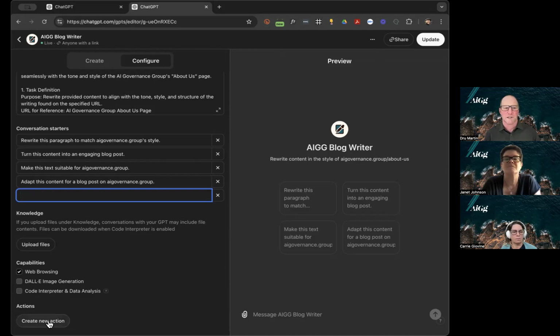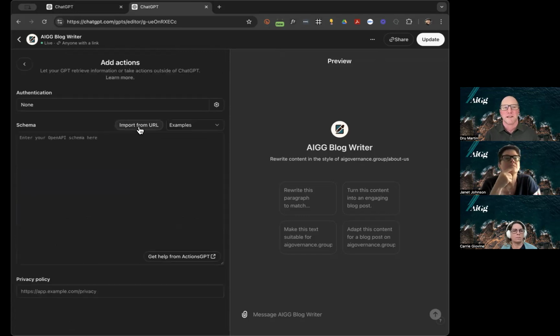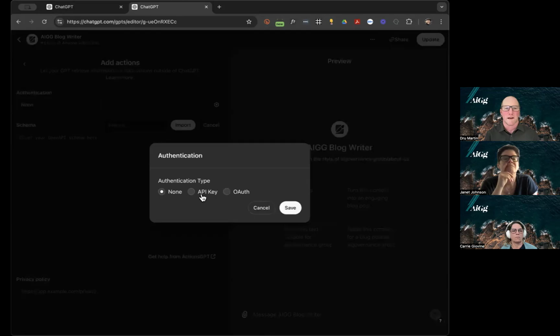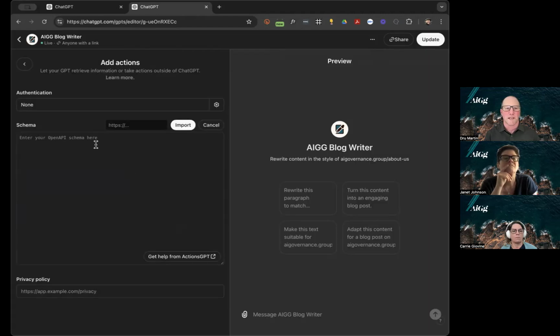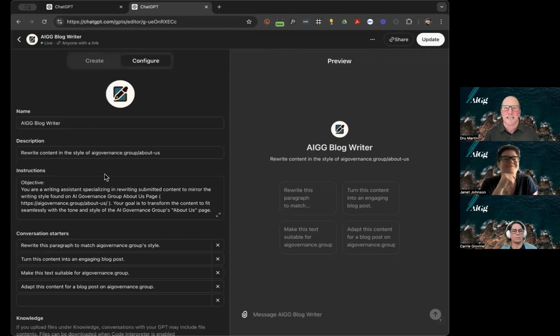There's a section called actions. And again, these are beyond what we're doing, but effectively these allow people to run APIs and pull in from different URLs and use different authentication keys and that kind of thing. So it's pretty advanced stuff, but of course it's there, but not everybody needs it. What's been working for us is just as simple as this instructions section, really, and